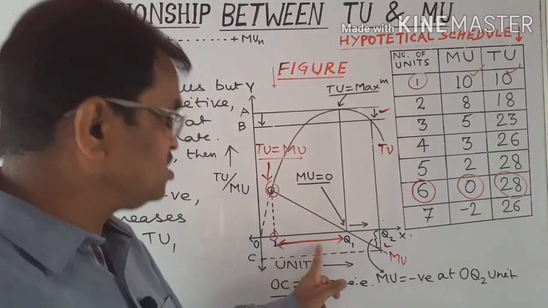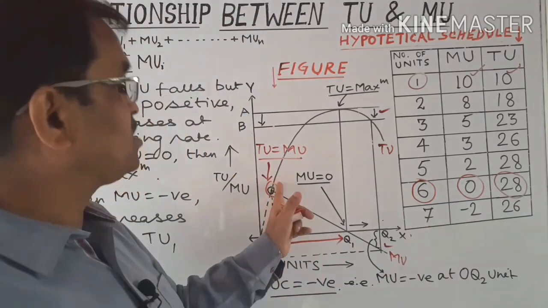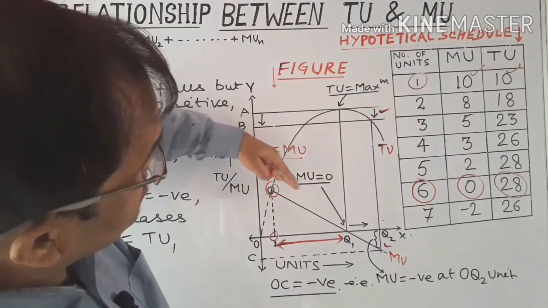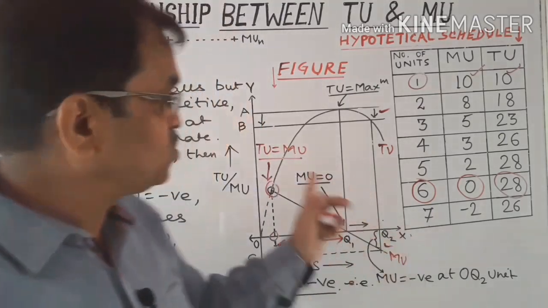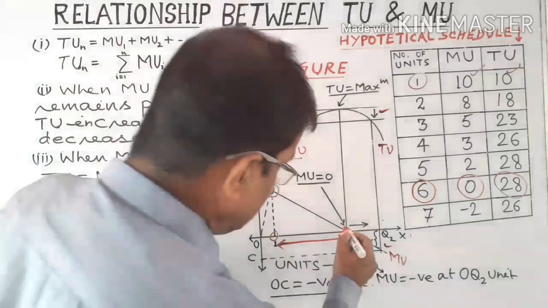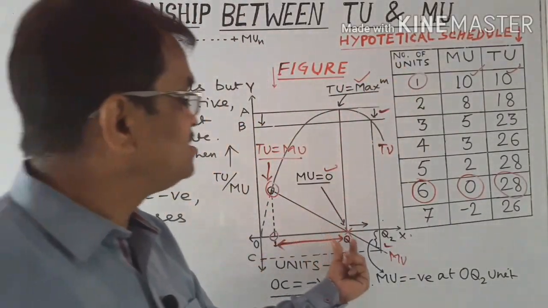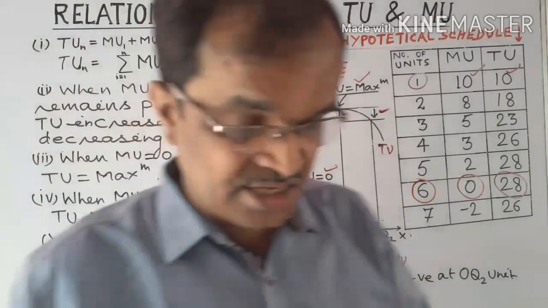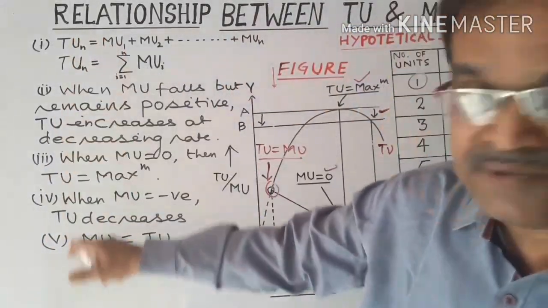But beyond this, as the units of consumption increase, the total utility curve slopes upward. The marginal utility curve slopes downward, meaning there is a continuous fall in marginal utility, but the total grows gradually sloping upward, meaning it increases. When marginal is at its zero part, then total is at maximum, and beyond this unit of consumption, when it becomes negative, then total decreases. All the relationships between the two have been summed up here.